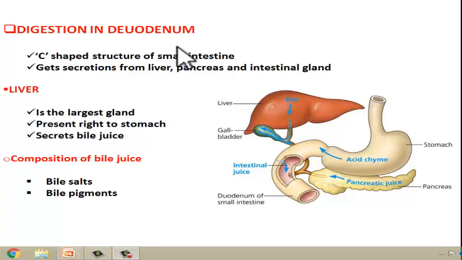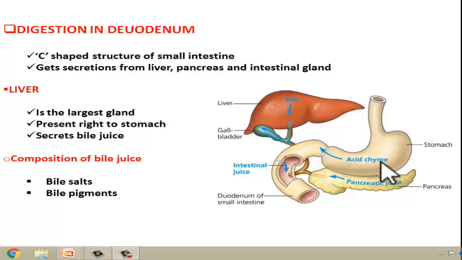Students, do you remember that the food after digestion in stomach is called chyme? This chyme is like a liquid. Why is it like a liquid? Because of the action of two juices by then. First it was acted upon by saliva in mouth and then by gastric juice in stomach. Because of these two juices, it is in the form of a liquid now.